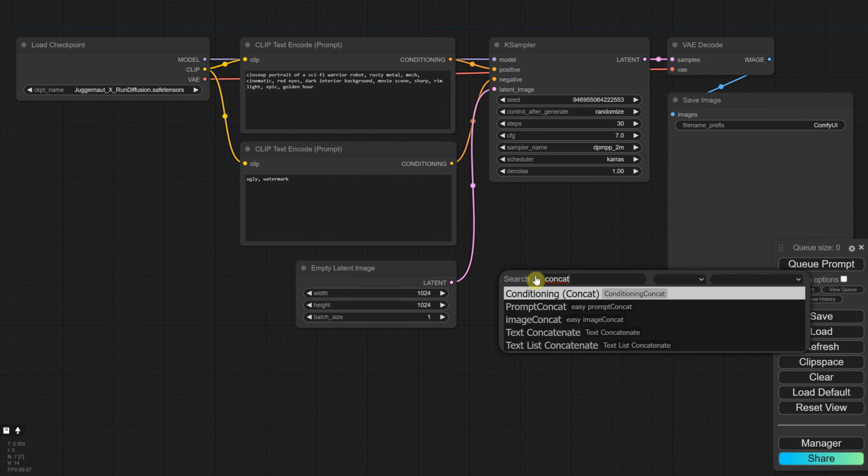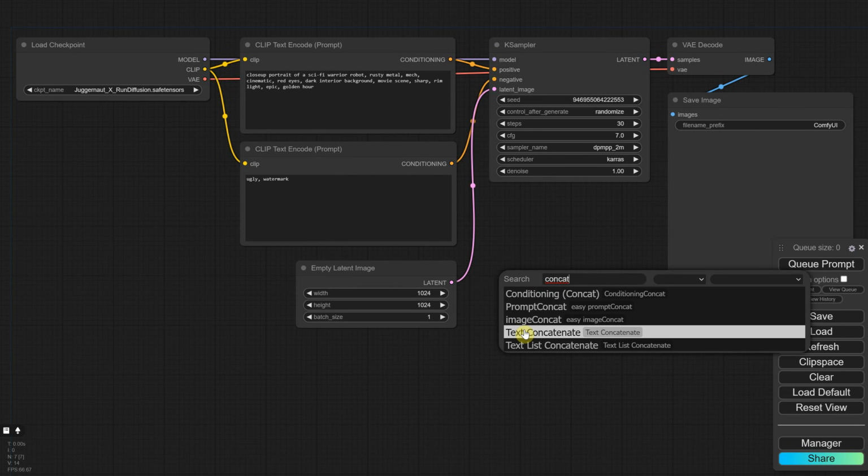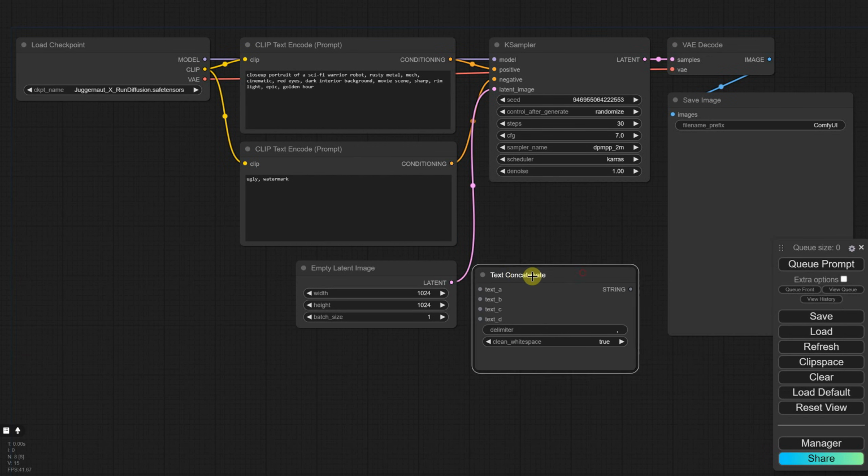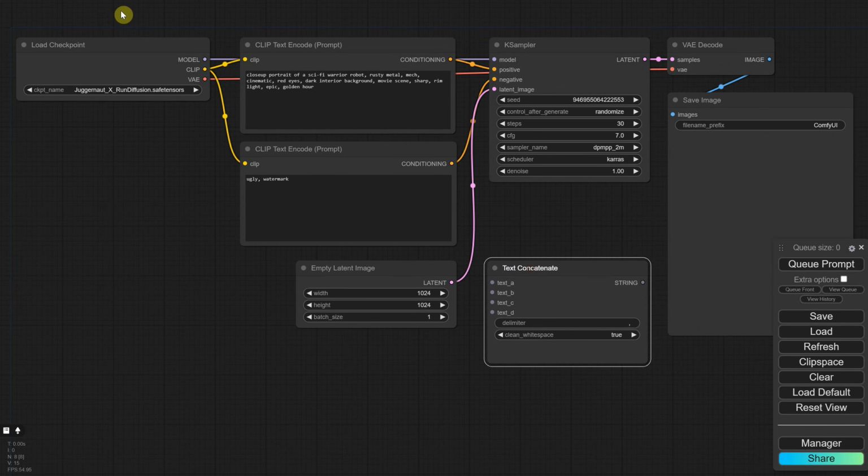Double-click on the canvas to search for a node and use the word concat. Last time we used conditioning concat to concatenate our prompts using conditioning. However, this time text concatenate is better for text as it simply combines the text, making it more effective with styles. Since we now have more custom nodes, it can be hard to distinguish which nodes come with ComfyUI and